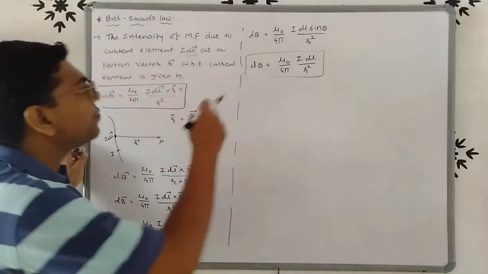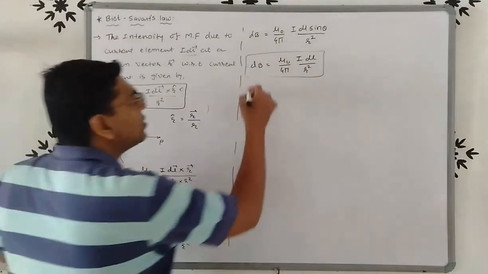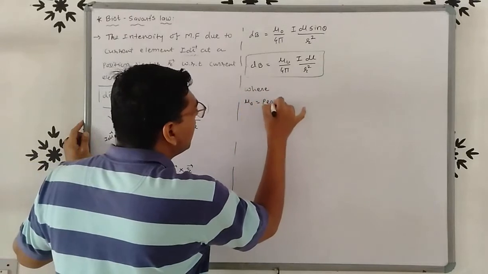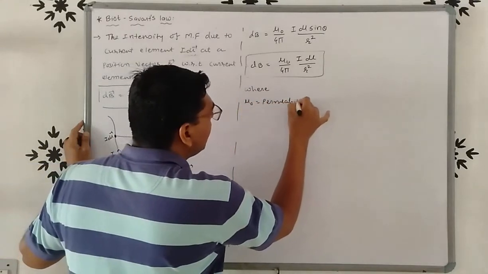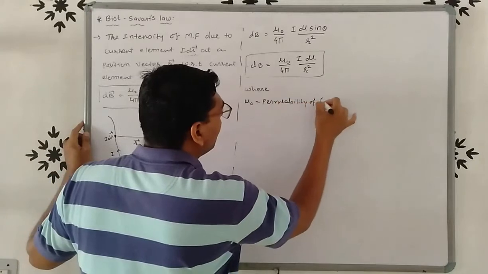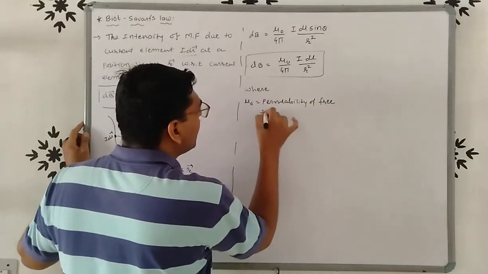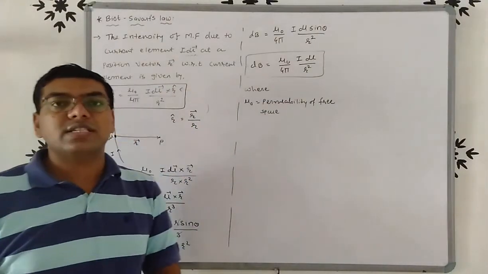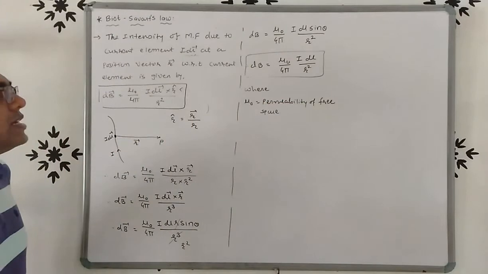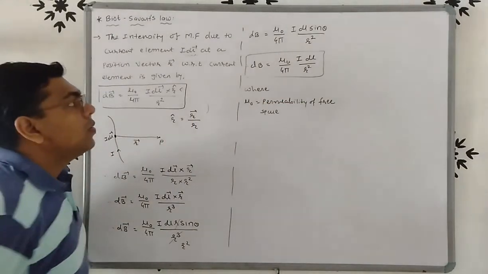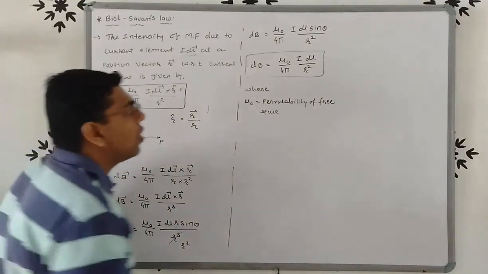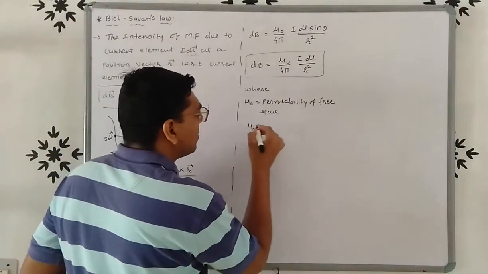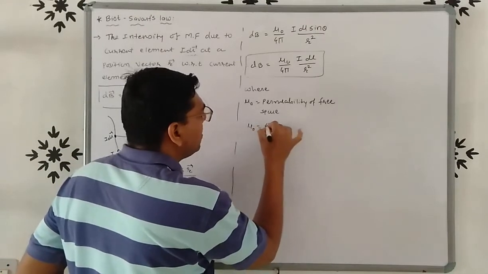Right. Now what is mu 0? Mu 0 is the permeability of free space, right? You have to remember what is mu 0. So mu 0 is the permeability of free space. Now what is the unit and the value of permeability of free space? The permeability of free space mu 0 is given by